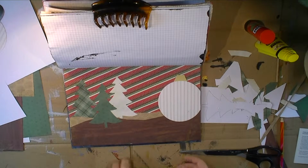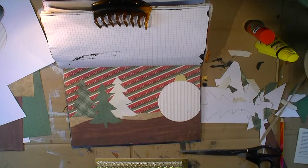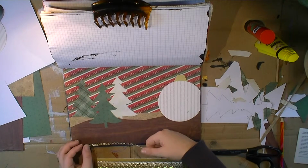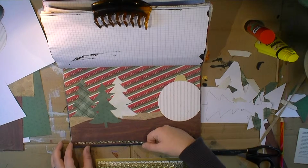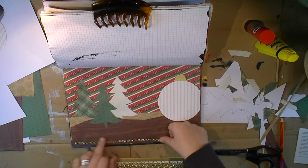So I thought it wouldn't stay on the page with just a normal paper glue there. So I'm adding 2 rows of stars here that, well, they don't have any meaning for the design, but they